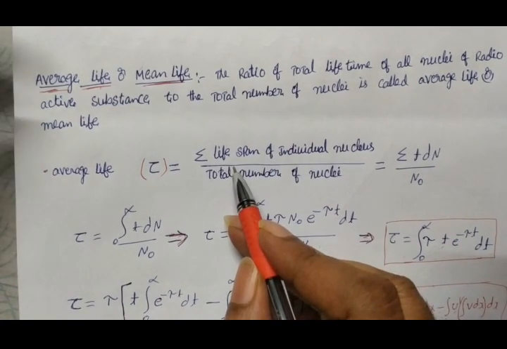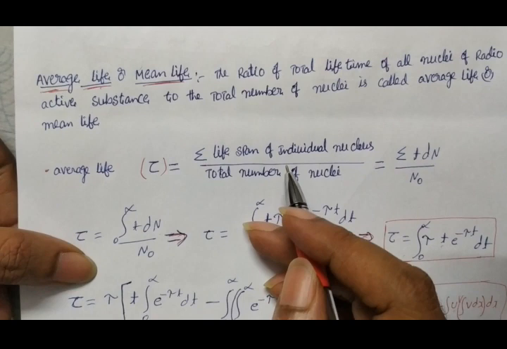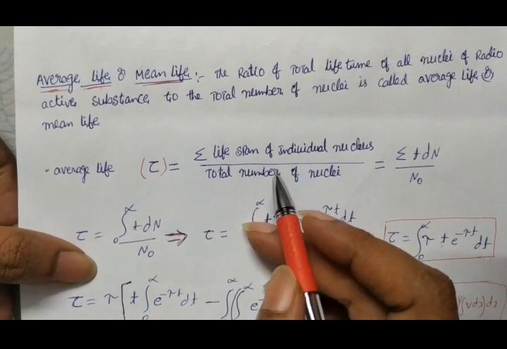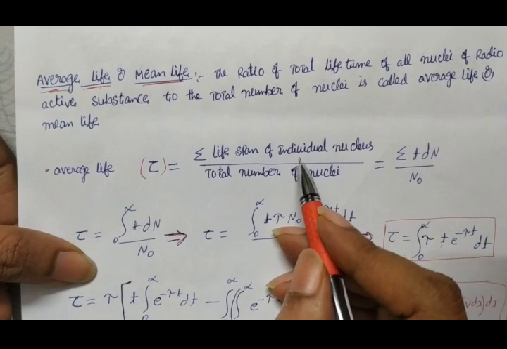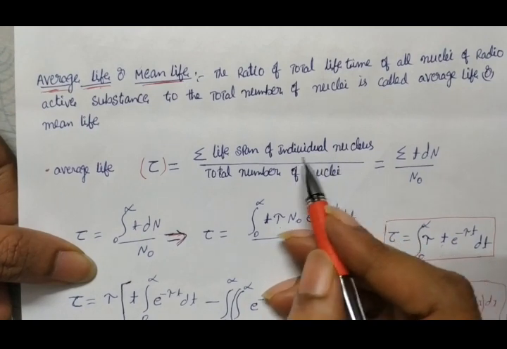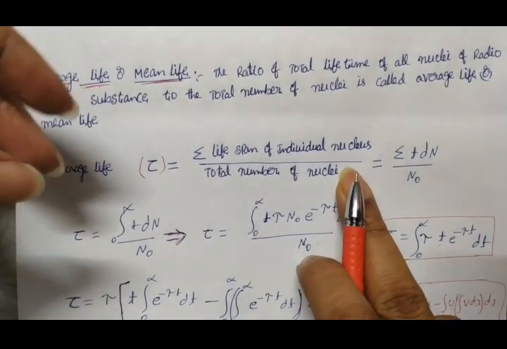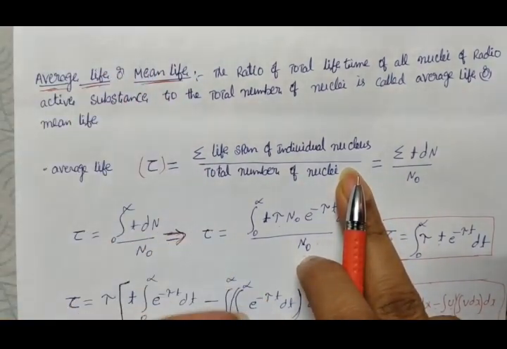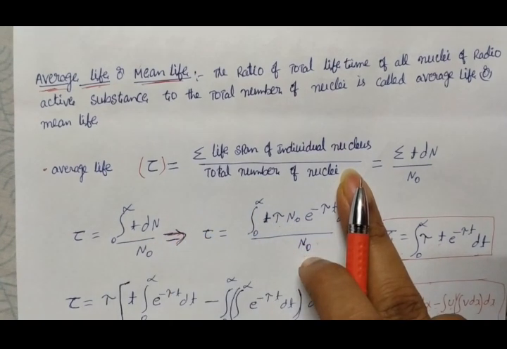For example, when radioactive activity starts, immediately some nuclei break. What is the lifetime of those nuclei? Zero. After some time some other nuclei break. Some nuclei do not disintegrate even after infinite time. So some have zero lifetime, some break after 1 half-life, maybe 2 half-lives, 3 half-lives, and maybe even after infinite time they do not